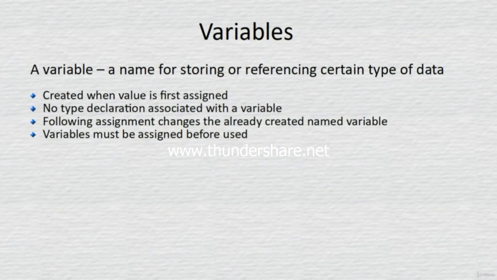program. A variable is a name for storing or referencing a certain type of data. In Python, in fact, a variable is more like a reference for a certain type of data. There are quite a few grammar rules related to using variables in Python, such as when you declare a variable, you cannot associate it with a type. This is very different from other mainstream programming languages such as C++ or Java, where you typically declare a variable